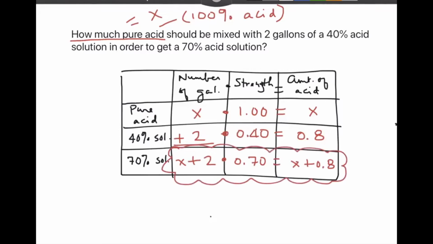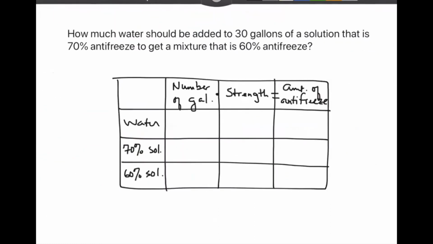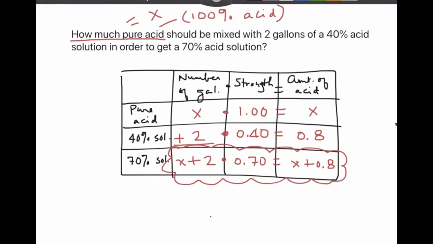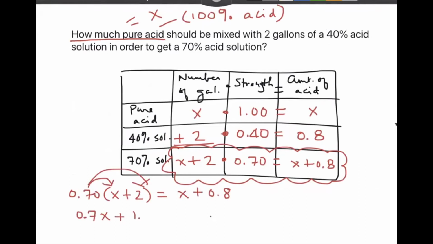It's going to say 0.7 times x plus 2. Oh, darn it. I guess I'm writing it here. I forgot to skip a page. 0.7 times x plus 2 equals x plus 0.8. Distribute the 0.7. That's going to give us 0.7x plus 0.7 times 2 is 1.4